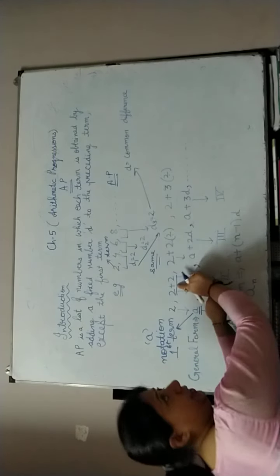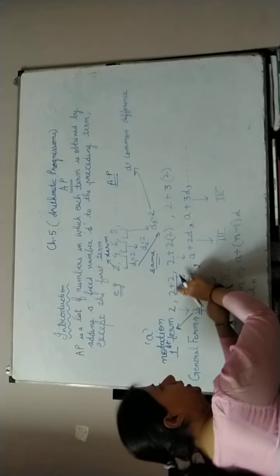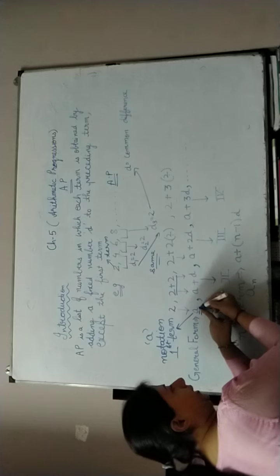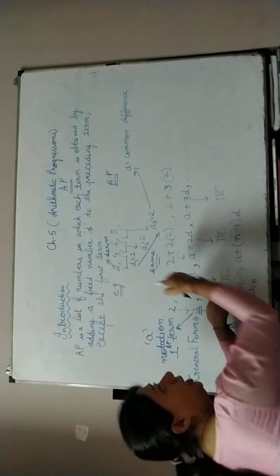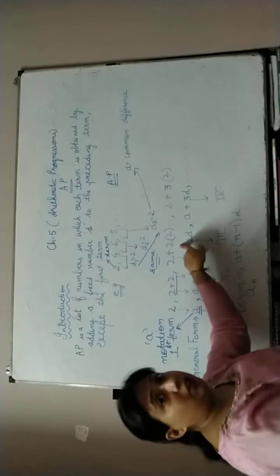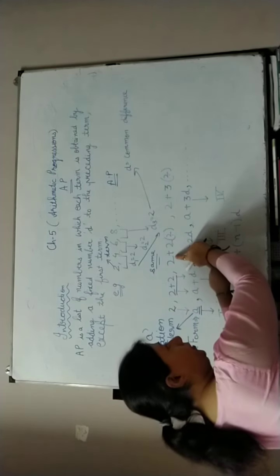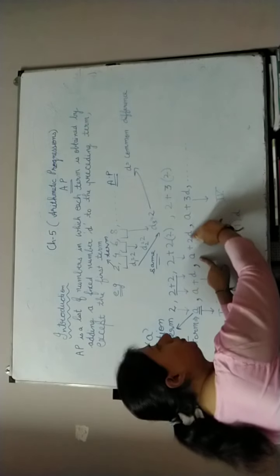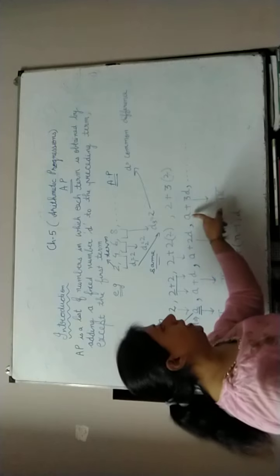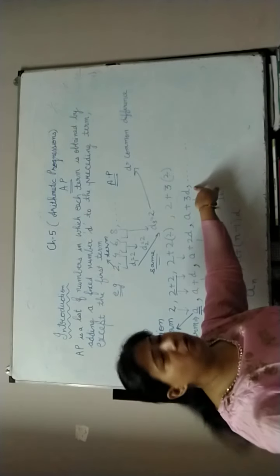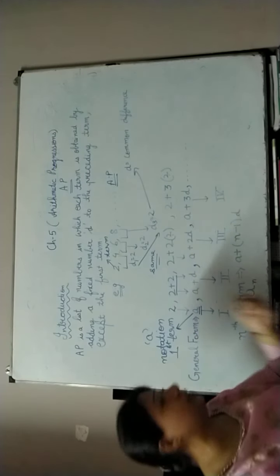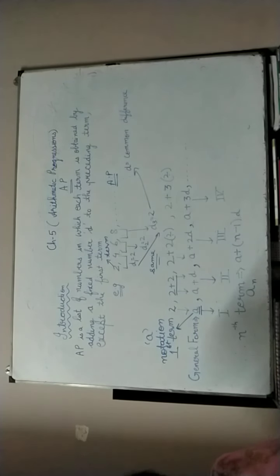Now, 4 is the second term. For the second term I have written 2 plus 2 is 4. What I did: to A, the first term, I added the difference and got the second term. Now come to the third term. To the first term, I added twice the difference. And in the fourth term, I added A plus 3 into the difference. The difference is 2 in all the cases, so the difference remains the same. It is the first condition of an AP series that it should be the same.